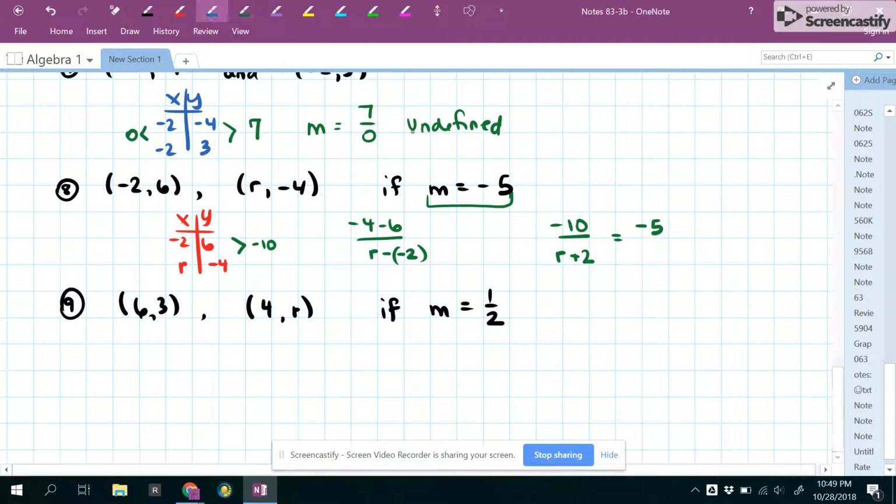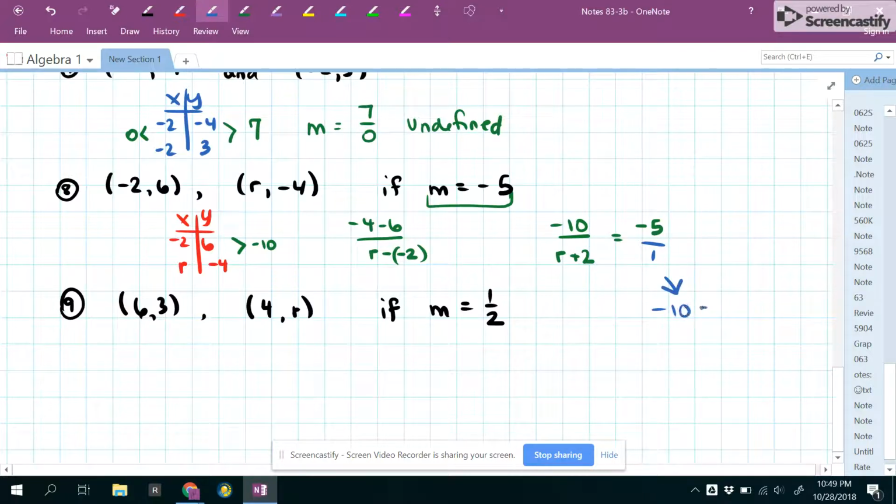There are a few ways that you could work this out. You could guess and check. I could look at this and know what r is, or we could do a bit of math, which I will show you in case you want to use it in the future. So again, you could put this over 1, and whenever you have two fractions, you multiply. And so this would give us